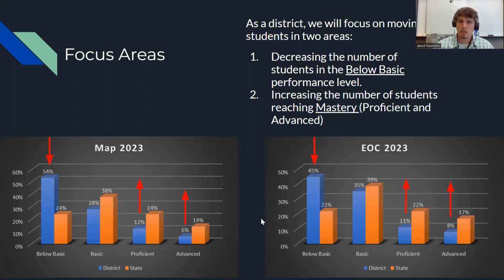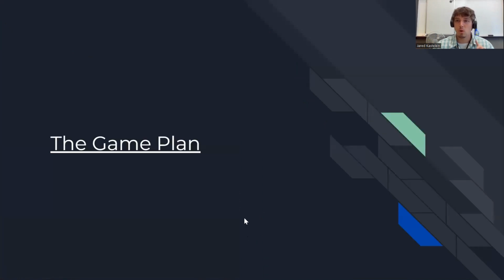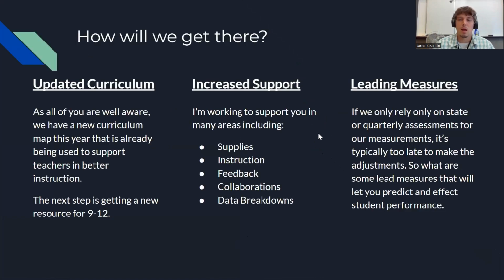So that's why I also have the goal for how do we increase those numbers. And we have a lot of strategies for how to do that. I've actually met with most of your schools, almost got around to everybody, looking at your specific data, giving out specific data on your students, and then we can look at how do we move them up? How do we move them from below basic to basic, basic to proficient, and so forth. So I want to get into the game plan a little bit and tell you guys what I see happening. It's going to be different for every school, but these are the parts that include everybody. So first, as you guys know, updated curriculum map.